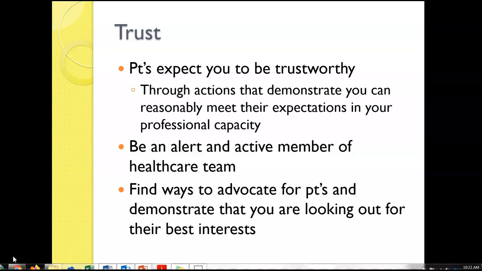Through our actions, we demonstrate these expectations of how we are professionally capable of helping our patients, and we need to make sure that we are setting the proper example for our patients to see that. On page 194 of your book, there's a cartoon that has a doctor in a different room and three patients sitting outside of that room. One patient looks like a toe, another looks like a femur, and another looks like a colon. And the doctor says, the toe and bone have arrived. Let's wait for the colon.